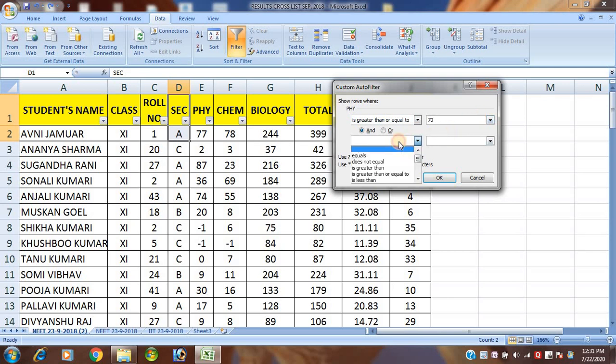Here suppose I want to give less than. I want to give greater than 70 and less than 80. Okay, is that clear? Click on the OK.